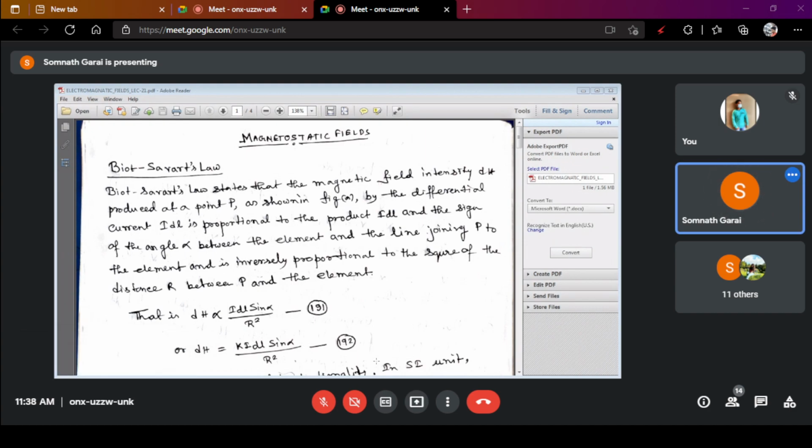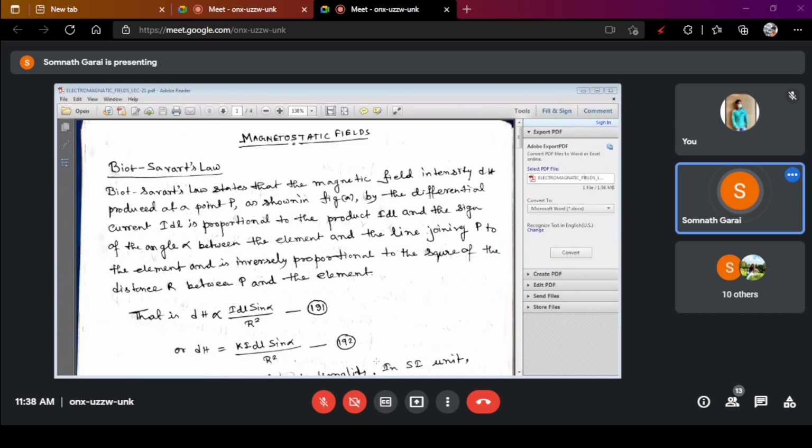Each magnet, whether a normal magnet or an electromagnet, creates flux lines in its surroundings. A number of flux lines come out from the North Pole and enter into the South Pole. So in the vicinity of the electromagnet, a magnetic field is created, and that magnetic field is called the magnetic field intensity.